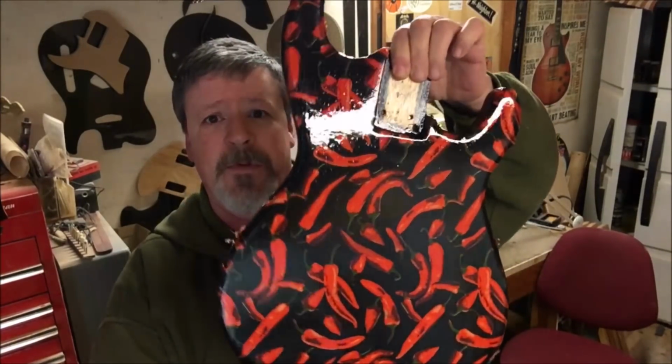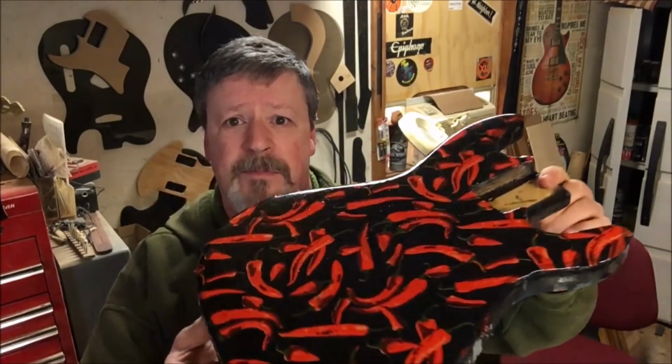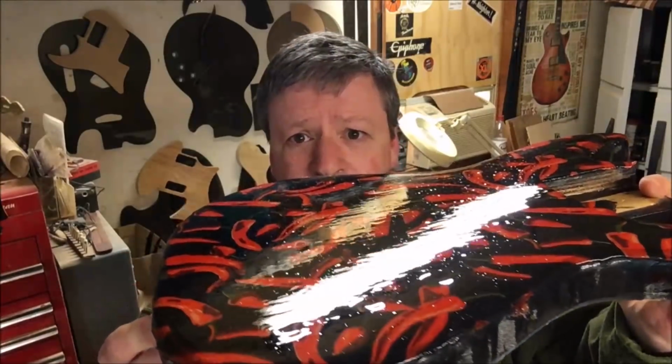Chili Pepper guitar, but I did get some polyurethane on it, and it's getting there. I just put another coat on it. You can see it's got little bubbles in it right now and brush strokes, which will all level out, you know,